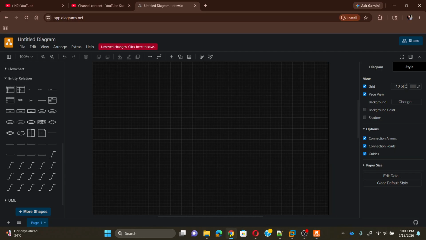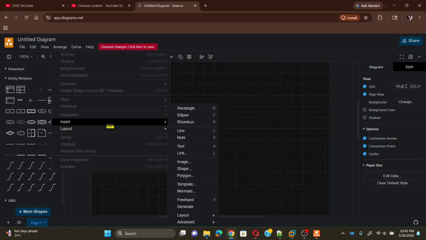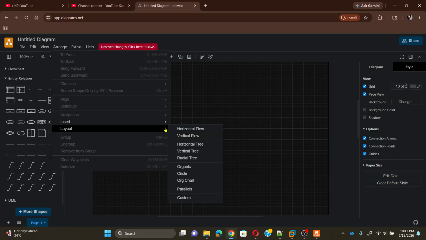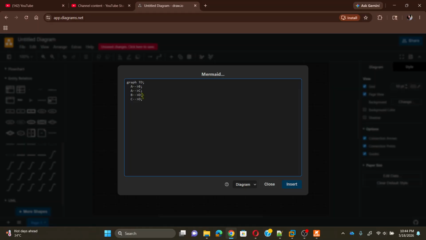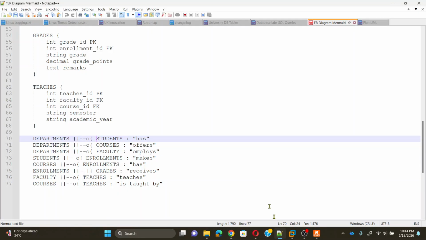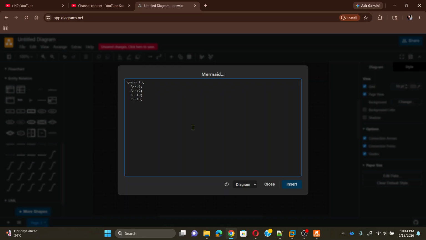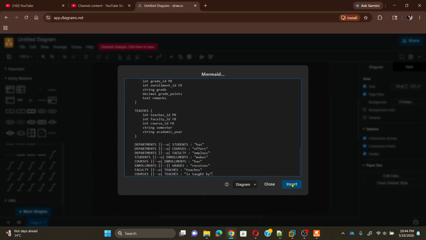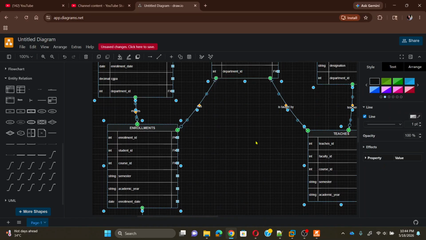So like, click Arrange. In Arrange you'll have to insert Mermaid, and this is basically the code. So let me just copy this and paste that into the system and insert. So now it has,